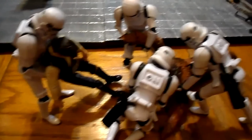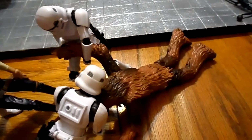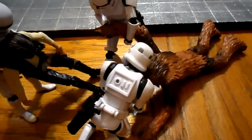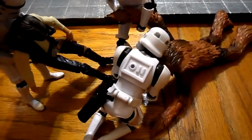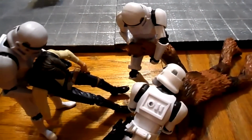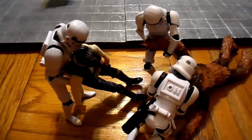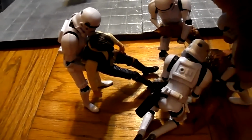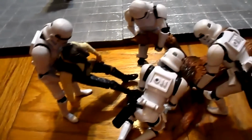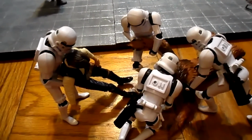I could probably push that down a little bit more. And just so you can see Chewie's body, limp, everything really compressed to the ground. This guy's trying to grab a portion of his head and upper torso and then stand. And you can see this guy's kind of leaning to the right a little bit, to the left, to really look like he's struggling. And if you pre-pose things, you should be able to just pick them up and put them down where you want them